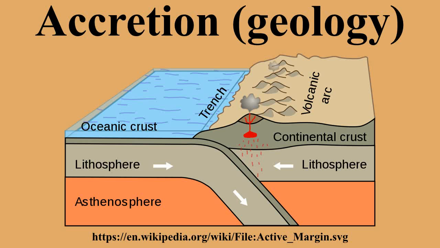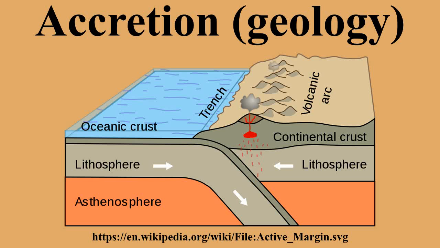The first involves the addition of material to a tectonic plate. When two tectonic plates collide, one of the plates may slide under the other, a process known as subduction. The plate which is being subducted is floating on the asthenosphere and is pushed up and against the other, subducting